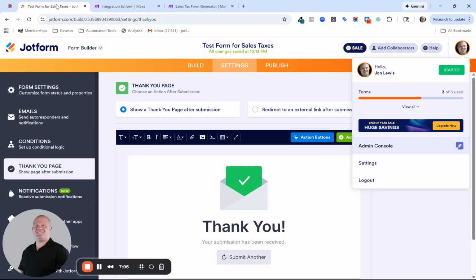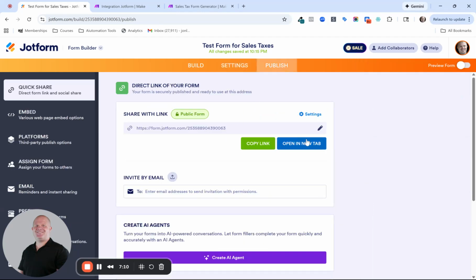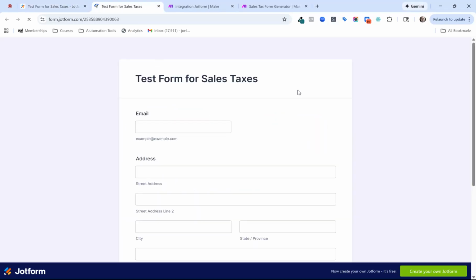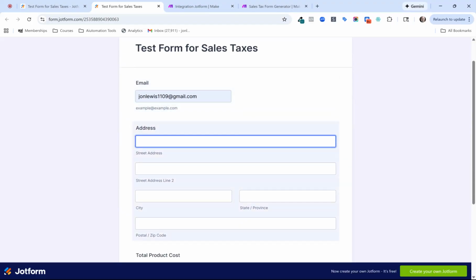close here, opened up this page. All right, we're going to go in here and go to publish, and then you can take this form, you can embed it on a website, you can save it as a bookmark, do whatever you've got to do with that. But we're just going to go ahead and put our email addresses in here, and then